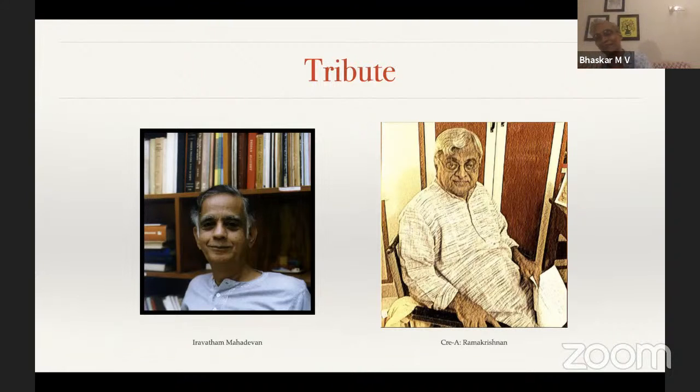But more important, forget the dictionary. Courier-based was a dear friend. We worked together. I had the chance to work together with him at various points in time. In fact, it was he who introduced me initially to Iravatham Mahadevan, and sadly he passed away after just about managing to release the 3rd edition of the Kriya dictionary on the 13th of November. He released it, and on the 17th of November he passed away. So I end this talk as a tribute to both Iravatham Mahadevan and Courier-based, and with feeling doubly sad to do so.